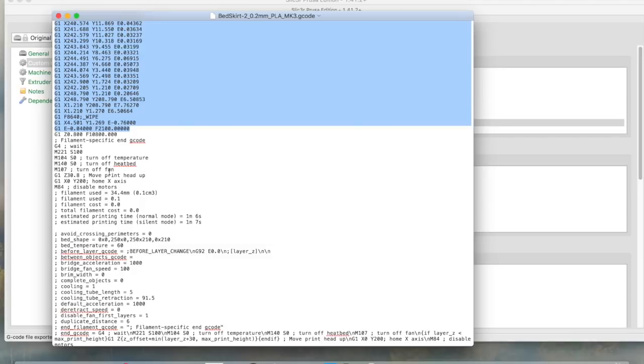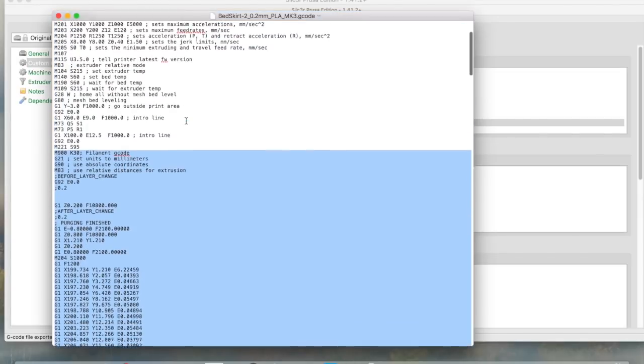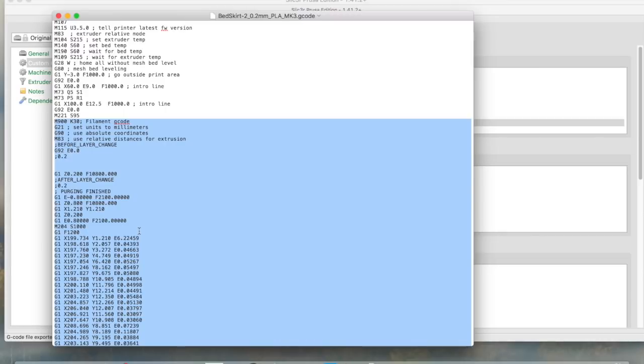So you see, we're just grabbing everything and ignoring the stuff down here that's going to turn off the heat bed and the temperature. We don't want any of that. We just want our code that makes these lines for us, because this is the hard stuff. Instead of figuring out all the math, we're just going to have the slicer do it for us. So that's great. So we're going to copy that, come back to our slicer,